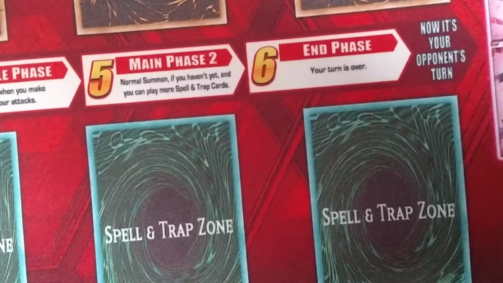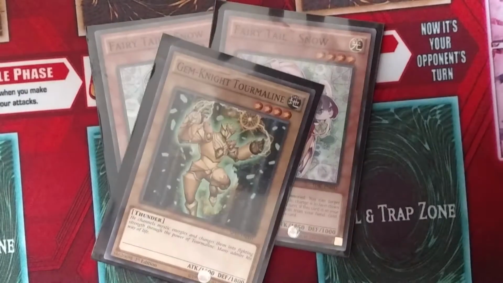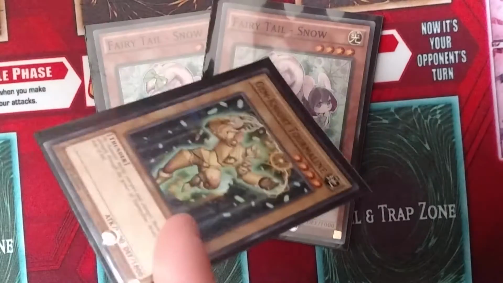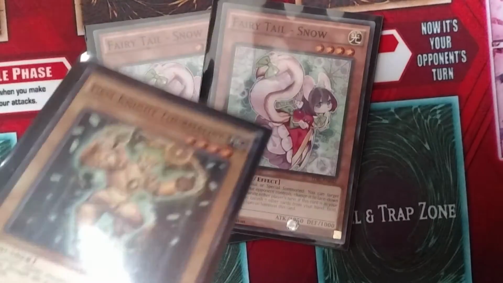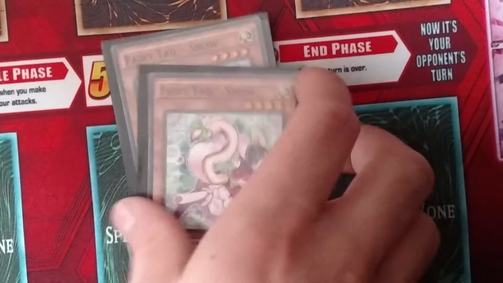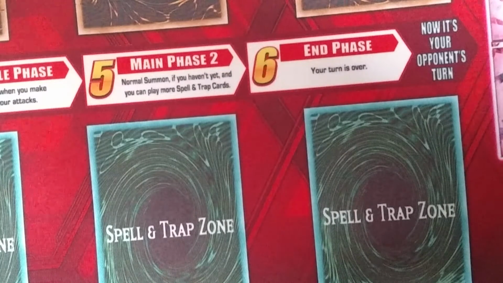I'm running 2 copies of Fairy Tale Snow and 1 copy of Gem Knight Turboline. Turboline, you can either spend $9 to get 1 Gem Knight Garnet, or you can spend $1 and get 3 Gem Knight Turboline, and they do the exact same thing for Brilliant Fusion. In Fairy Tale Snow, I don't think this deck can really function in 2016 without Fairy Tale Snow and Minerva,